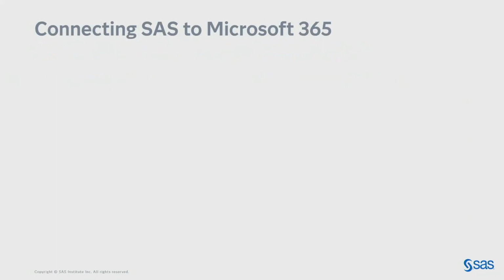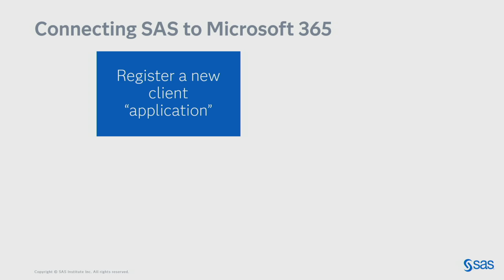So what does it take to transcribe it into a SAS process? Well, in order to call these APIs from SAS, we need a couple of things first. We need what's called a client application to be registered in your Microsoft 365 tenant. So this is something that you're going to have to partner with your IT group on, or whoever is looking after your tenant, to register an application that kind of identifies the activity that you're going to be doing here. You only have to do this once per organization.